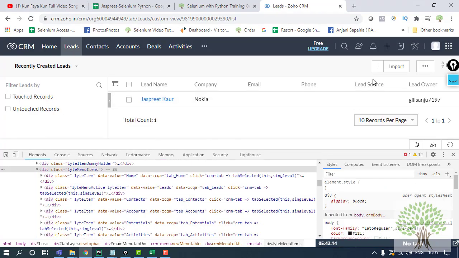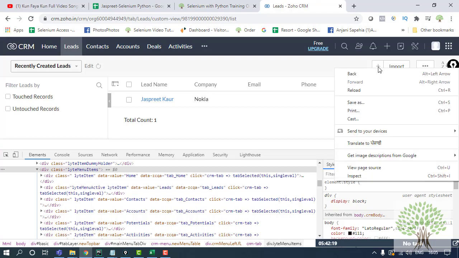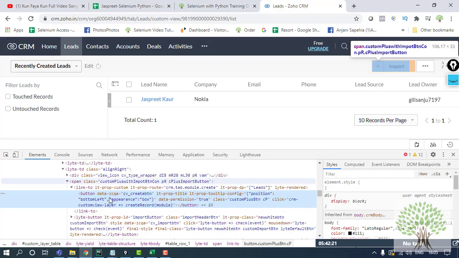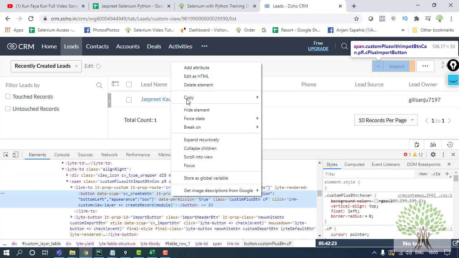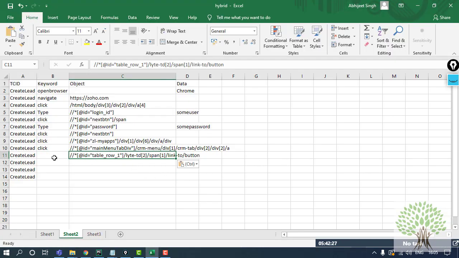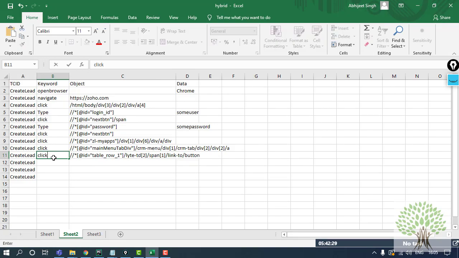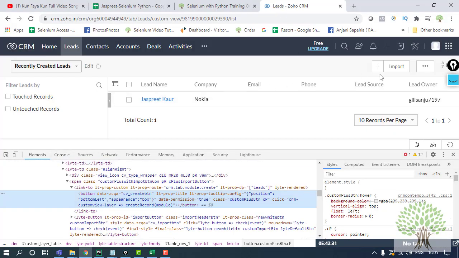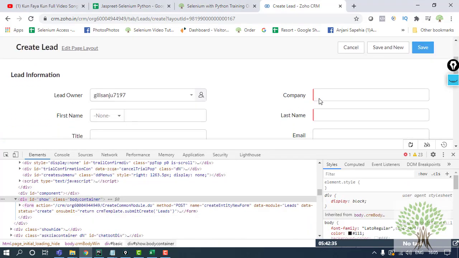After clicking on this, I need to add a lead, which I will do by this plus button. So I'll get it. Again I'm taking the click action. I'll click on this, and then I have to enter the required details.